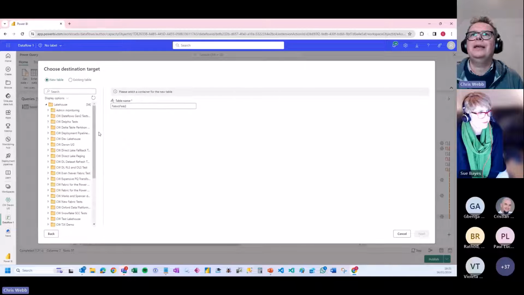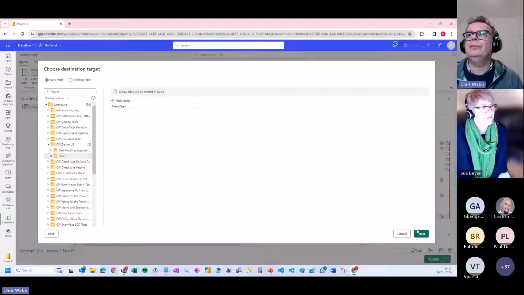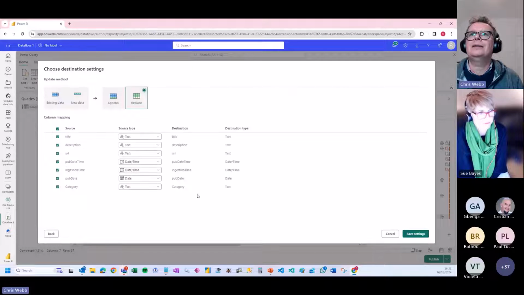I am going to choose the Lakehouse that I just created called News. There aren't any tables in there, so I'm going to load the data into a table called Newsfeed. It says here a new table will be created. Click Next. And then I can say, when I run this data flow, do I want to replace all of the data in the data flow, or do I want to just append the data onto the data that's already there? So I'm just going to click Replace, click Save Settings,